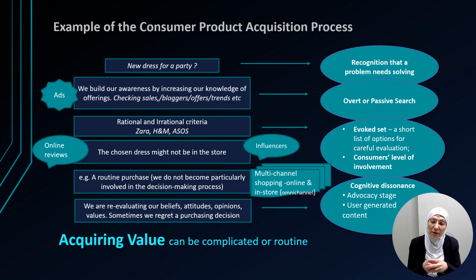Now, I didn't go through the shortlist, and the level of involvement, although I care about my cheese, is not there while I'm buying because I already went through that process before. Or it could be just a bottle of water, so you don't get quite involved with that, whichever bottle of water you find that the price is okay, you buy it. So the search could be quite passive sometimes, it could be quite direct,